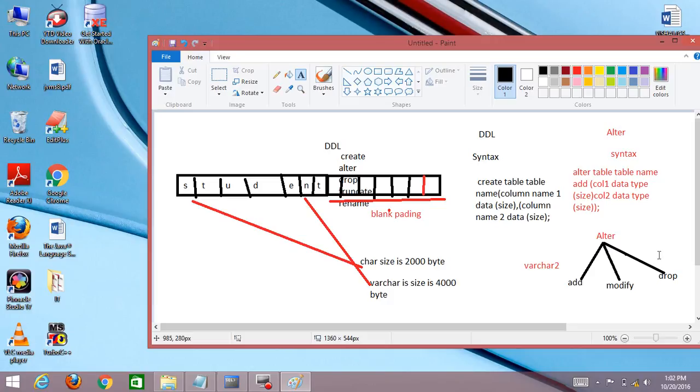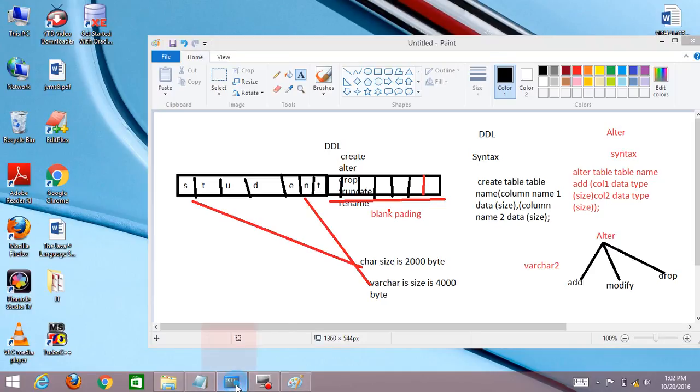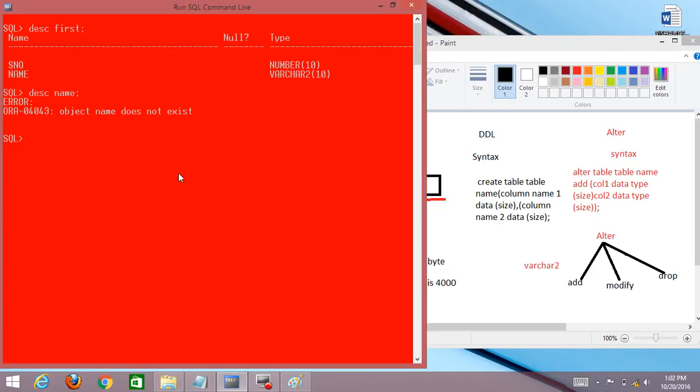Suppose you have already created the table with student number and name, but I want to add a student salary.